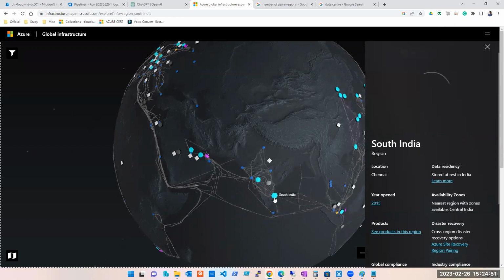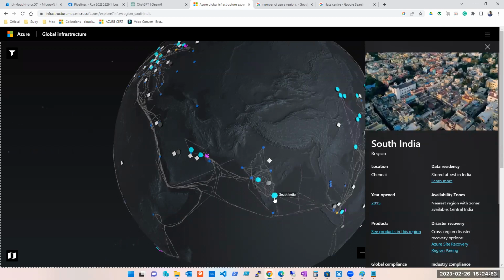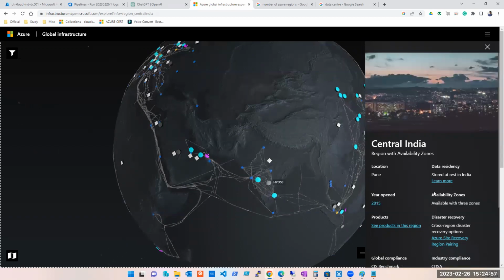Now, if you see this one, Pune's region has 3 zones. Now, what is a zone? I'll come to that later, so I don't want to confuse you guys. We're not discussing that now. 3 zones means 3 data centers, but we'll discuss that later. As of now, we are sticking to geography and to region. Only 1 minute is left. We'll take a